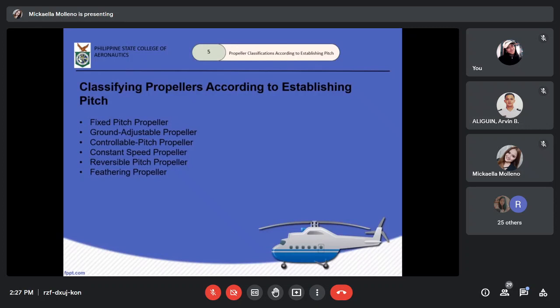For the feathering propeller, it is a kind of constant speed propeller. We can change the blade angle up to 90 degrees to reduce propeller drag when there is an engine failure. There is an amazing idea behind this, but we will discuss that in the helicopter proper. This is usually incorporated in multi-engine aircraft. I'll try to provide more reference videos regarding the idea of feathering, because there are some amazing parts here.